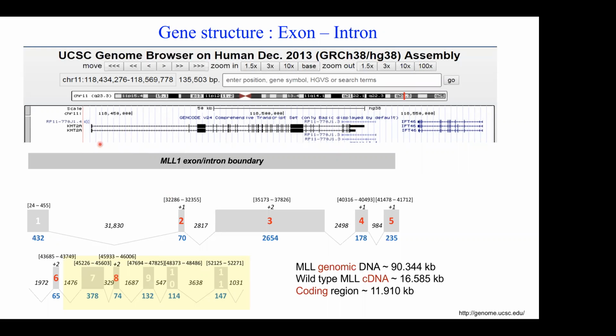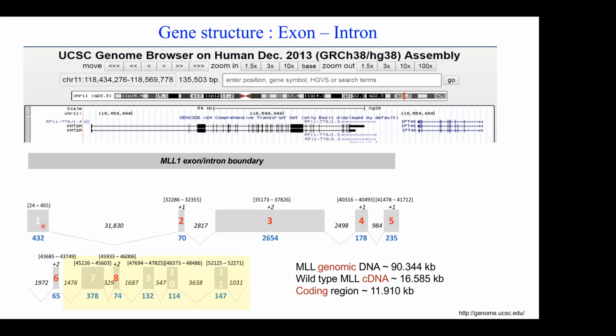You see that these exons are shown as dark filled boxes, and the introns are straight lines. Here you see the intron sizes vary from one exon to another exon. It will vary, and also from gene to gene, the size will vary.